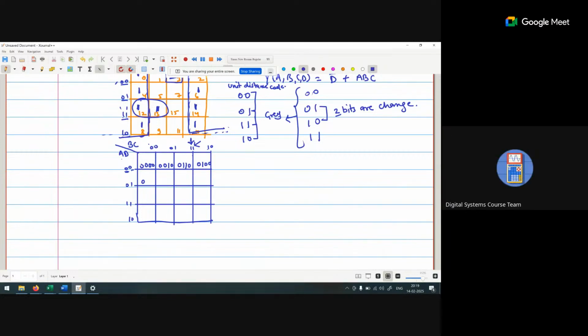Okay, now for this block, A is 0, B is 0, C is 0 and D is 1. So 0, 0, 0, 1. For this block, A is 0, B is 0, C is 1 and D is 1. For this block, A is 0, B is 1, C is 1, D is 1. This